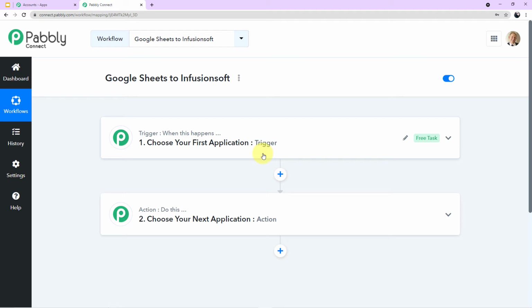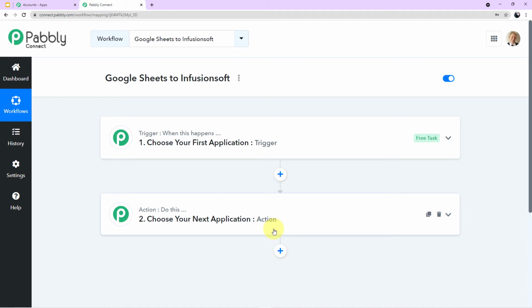We have created a spreadsheet in our Google Sheet account where we enter the contact details which we want to add in Infusionsoft. So the trigger event will be adding the contact details in Google Sheet. In response, as an action, that contact should automatically get saved in our Infusionsoft account. So you understood: trigger is the happening of an event and action is the response to it.